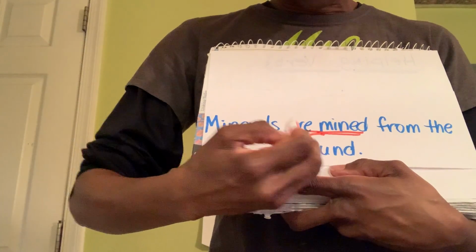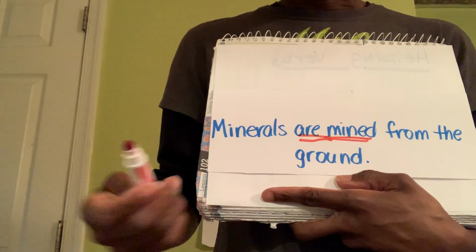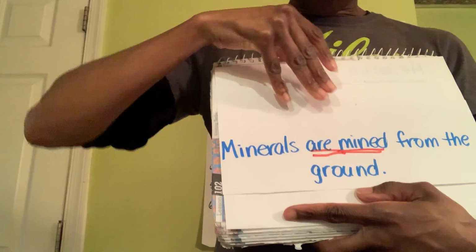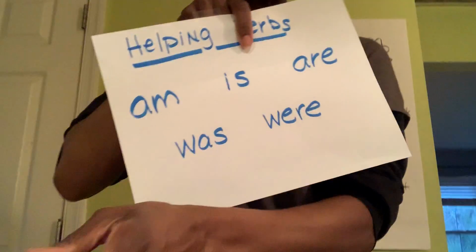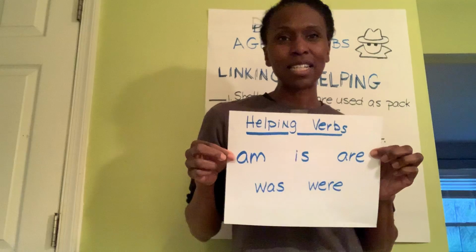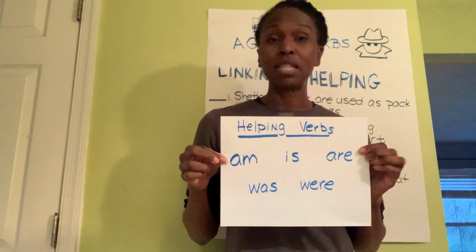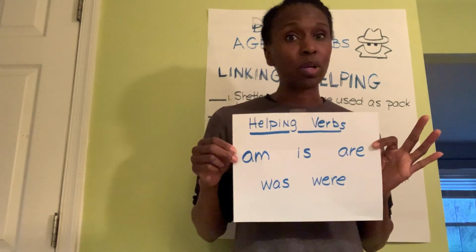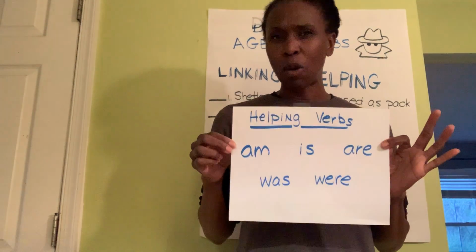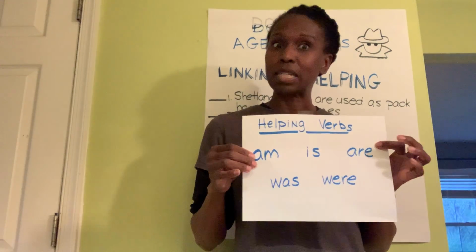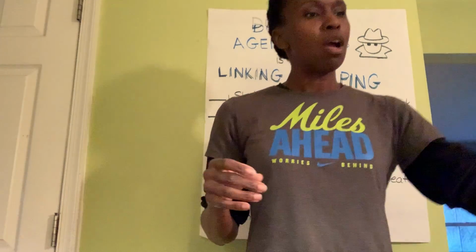Yes. Just like our little skit a few moments ago alluded to, the words am, is, are, was, were can also be helping verbs. I like to think of them as double agents because they serve 2 purposes. It can link the subject to another word in the predicate, or it can be a helping verb. So today we're going to talk about how to distinguish the 2 because it is a very sneaky double agent.